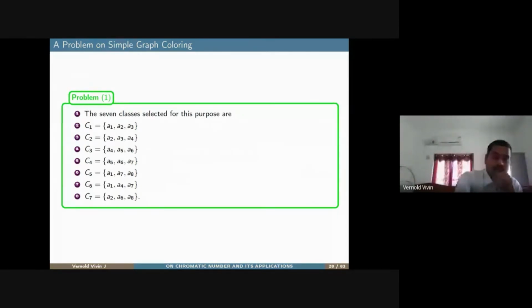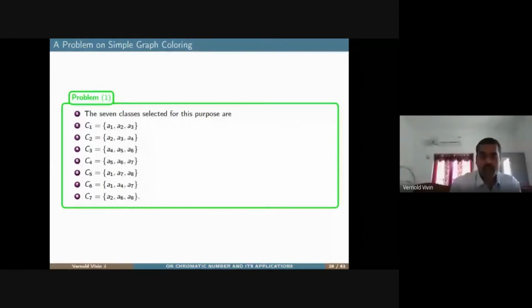Here also, similarly, C2 is one class and C3 is the other class. You can find that teacher A4 goes for C2 as well as C3. Similarly, teacher A6 goes for C3 and C4. Likewise, you can observe that teacher A1 goes for C1 as well as for C5. Similarly, teacher A1 is present in C6. And for the class C7, teacher A2 is present in C2. So we have to avoid this